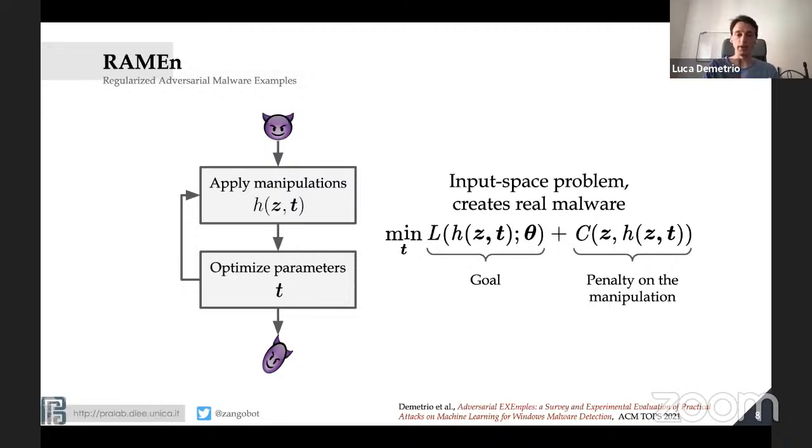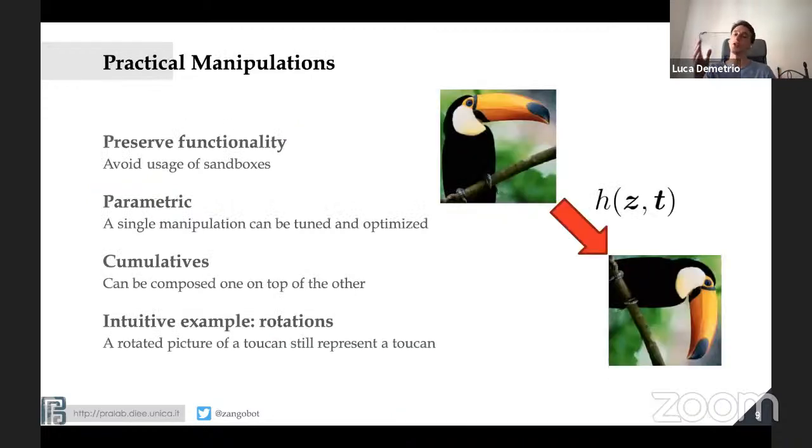So this is the goal we want to minimize. And the problem is how we perturb these things. What is the H function? What is this parameter T? Let's deep dive into that. We introduced the so-called practical manipulations, which are functions that preserve the functionality of the program you're passing in input, and that is how you avoid the usage of a sandbox. These manipulations are parametric. This T vector is a vector of parameters that encodes the intensity and the nature of the manipulation itself.